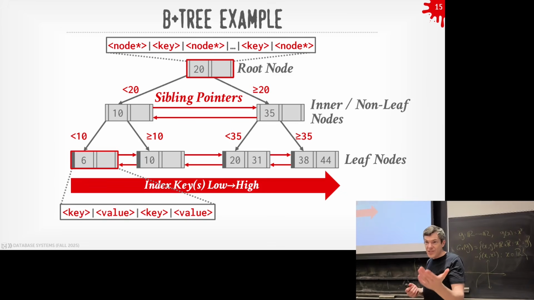A page. Pages are all fixed size. So in my PowerPoint example, yes, I have 2 pointers coming out of it. But in a real system, I'm going to allocate a 4 kilobyte or 8 kilobyte page. I'm going to allocate the space for it, so it's always going to be there.